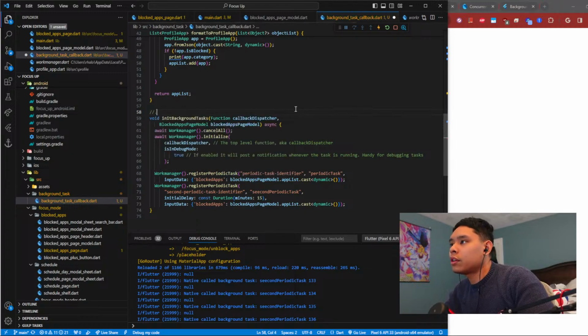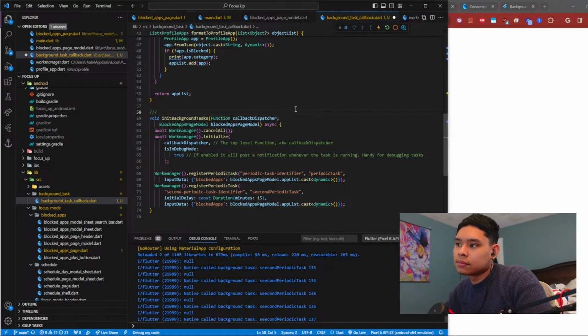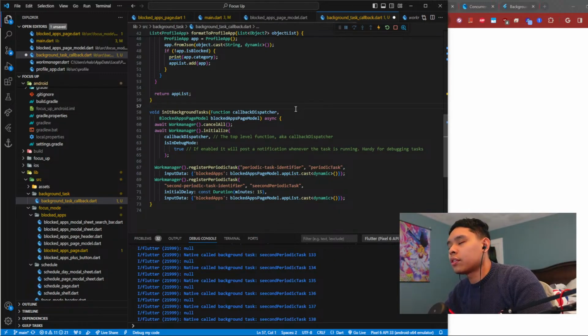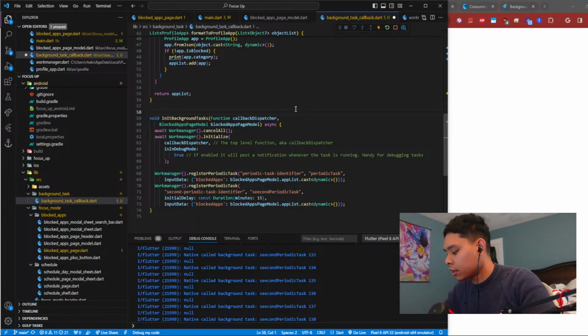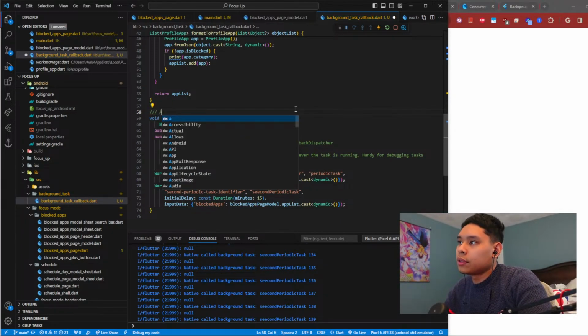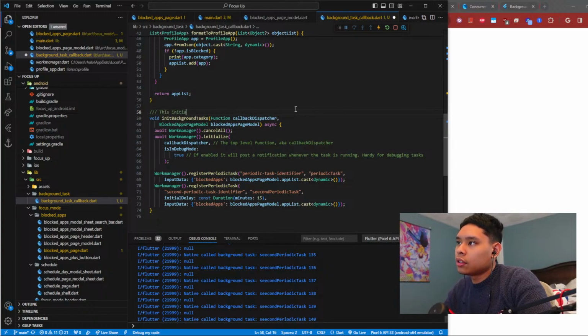We should put a comment over this and say, oh, it actually doesn't matter, we don't need a comment for this to happen on the main thread, but we should add a comment to just say, straight into the action verb, initializes background tasks that pull up to date usage data for apps on a device and determines